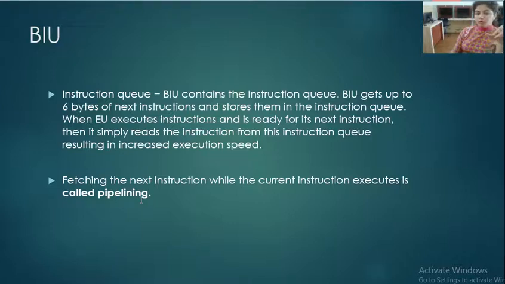So you can also get a question on pipelining, that what is pipelining in 8086, or what do you mean by parallel processing in 8086. If you get a question like pipelining and parallel processing, you have to explain that because in 8086 BIU and EU perform tasks at the same time. Now what BIU does and what EU does, you can also write that. So that's why this process is known as pipelining, because they both perform at the same time.